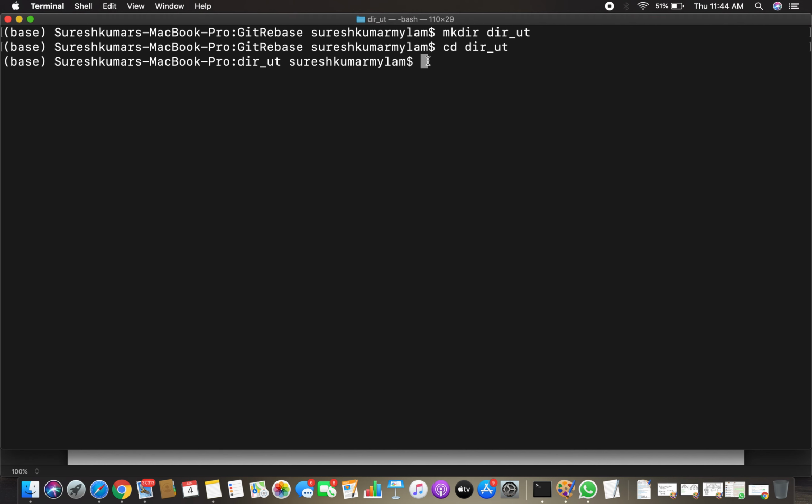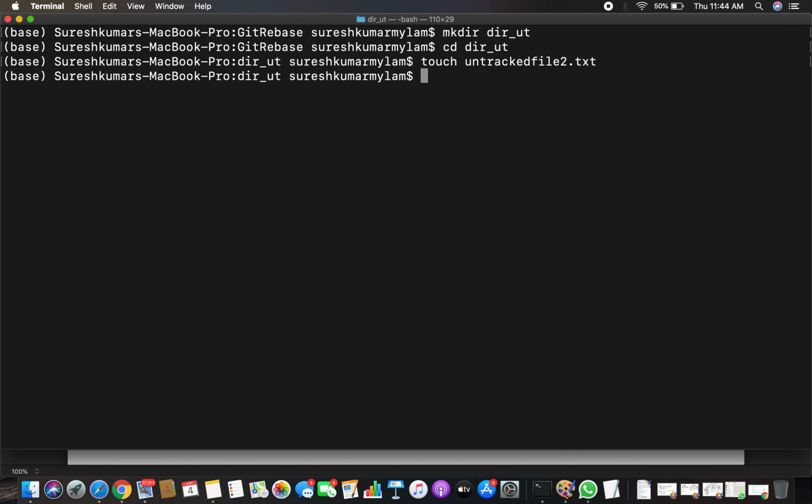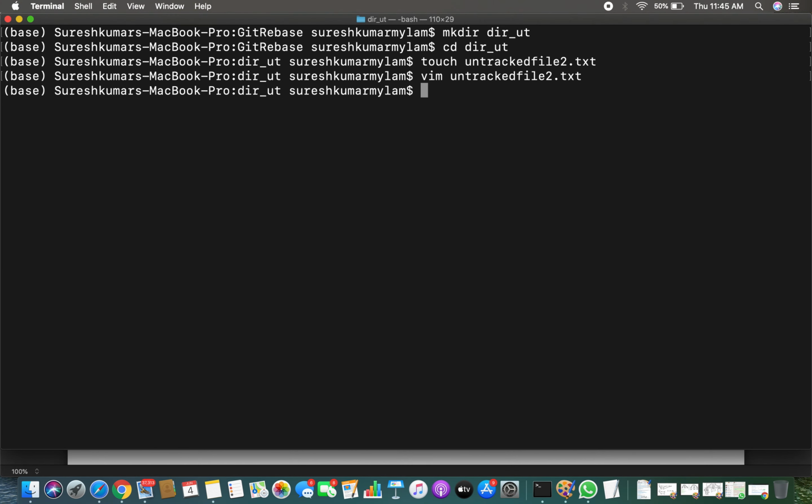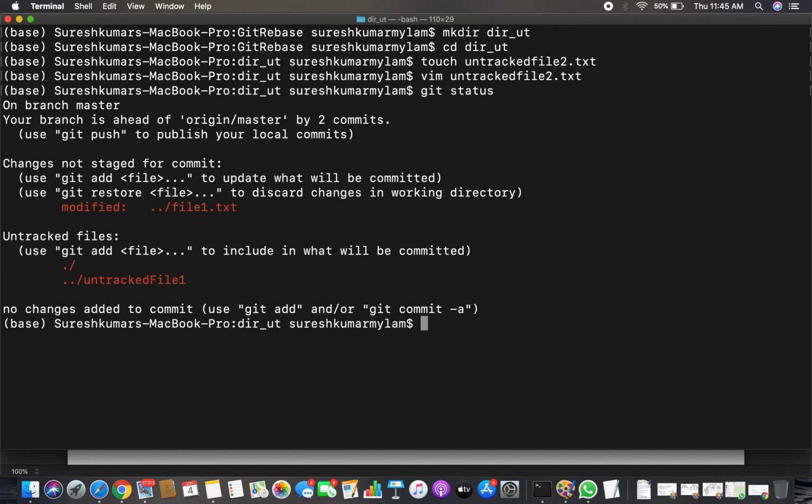Let me create one more file here, untracked_file2.txt, and let me edit something over there. Go to insert mode, type something, escape, colon write quit.